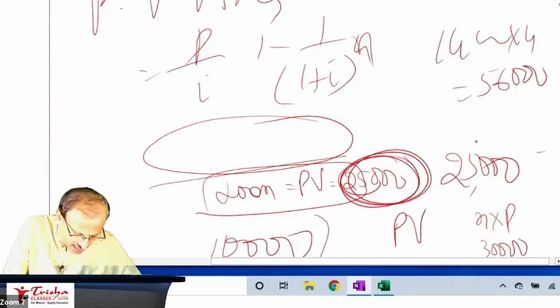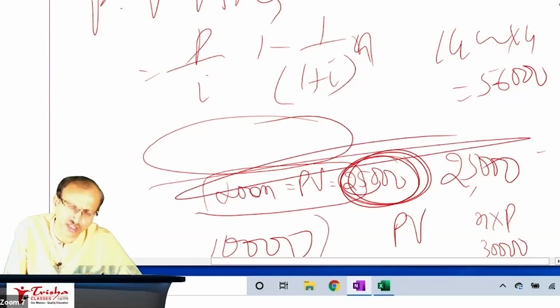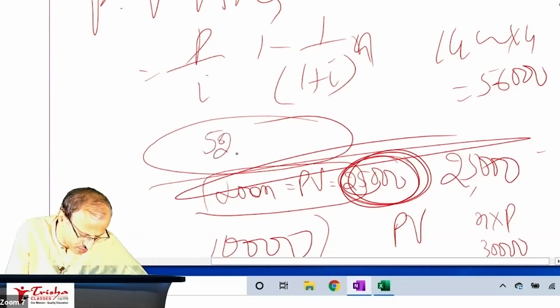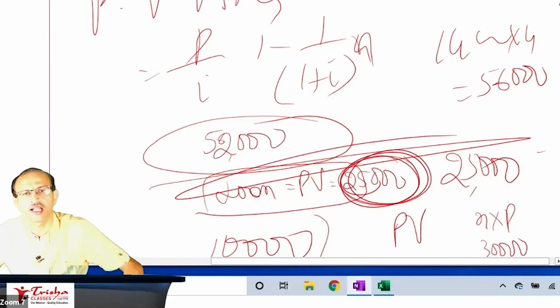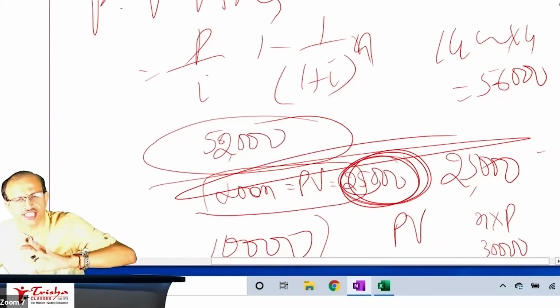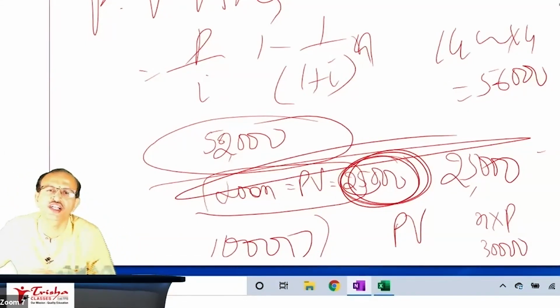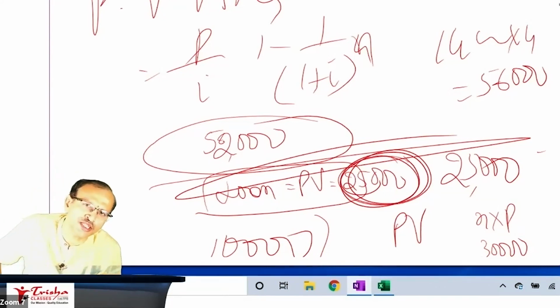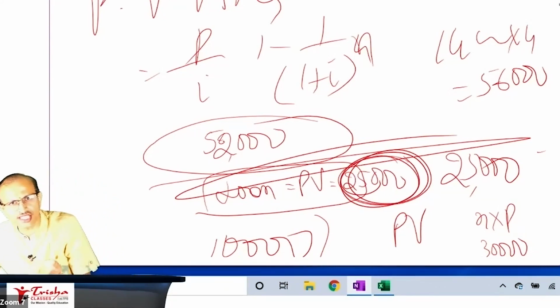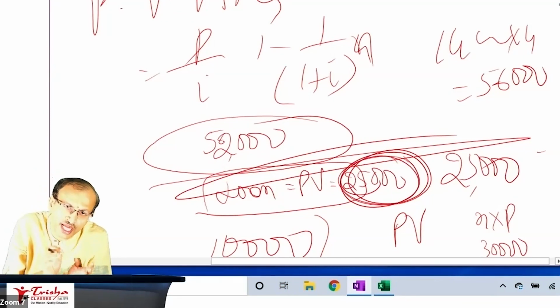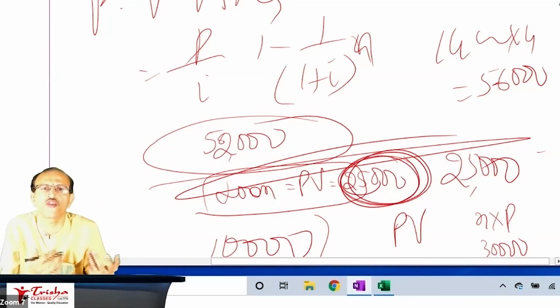How much is less than that? One number you tell me, less than 56,000, any number, just randomly. Assume it is 50,000, 52,000. Leasing, 14 into 4, 56,000 is what you pay, but today's date it is not 56, it is just 52. Buying wise, how much you are paying? 50. Leasing wise, though you pay 14 into 4, 56, present value is just 52. You pay more in leasing, less in buying, go for buying.